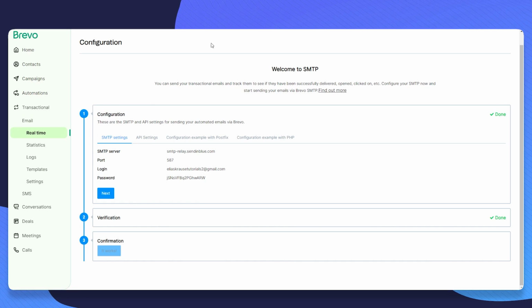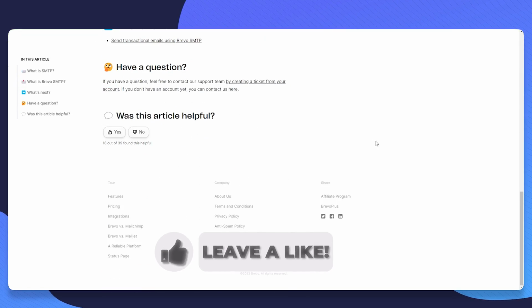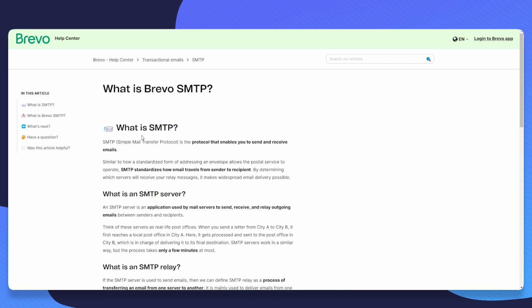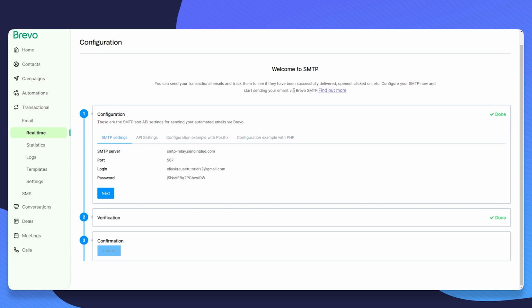You will actually have to set up your SMTP as well as your Brevo SMTP and so on. So just click on find out more right here, and then Brevo is going to guide you through the process of how to actually set up your simple mail transfer protocol and so on. Now this is just due to privacy reasons and to data reasons. So you will have to basically set this whole thing up,